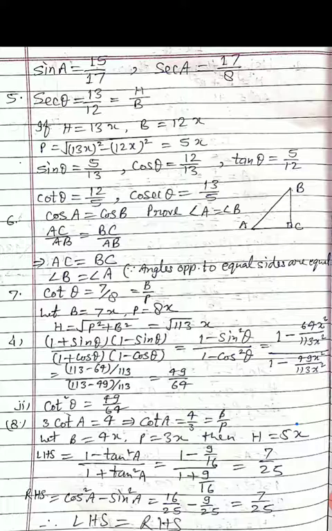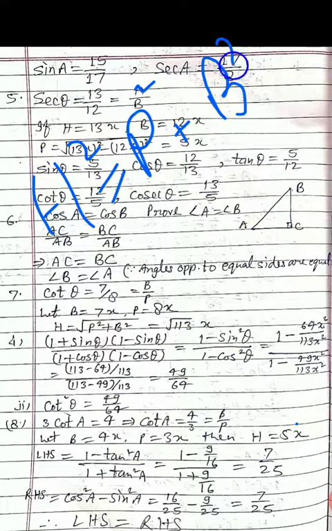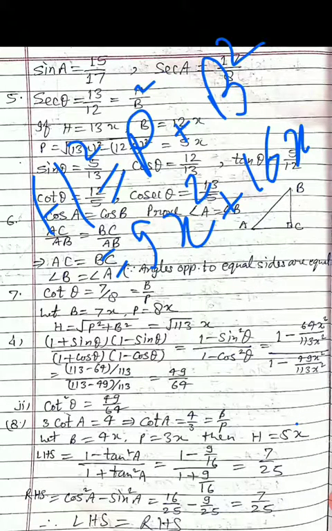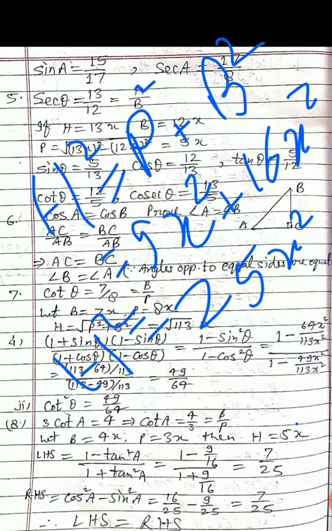Then hypotenuse we find. So here see h square equals to p square plus b square. Clear? Now perpendicular p is 3x. So 3x का स्क्वायर कितना हुआ 9x square plus b square, that is 4x का स्क्वायर 16x square. On adding we will get 9 plus 16 is 25x square. Now here it is h square. So we separate h, that means taking square root. So 25 का square root 5. So h equals to 5x. We wrote here directly h equals to 5x. You can solve by this way.